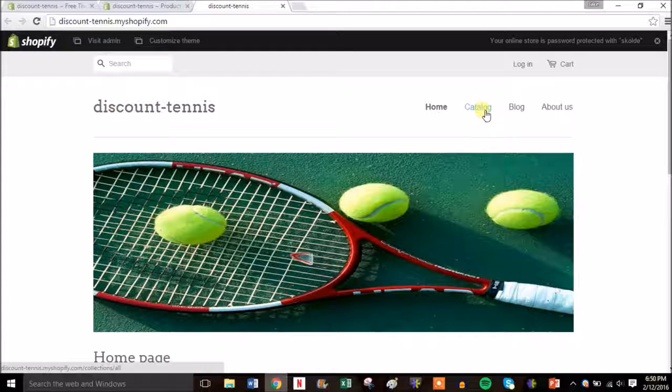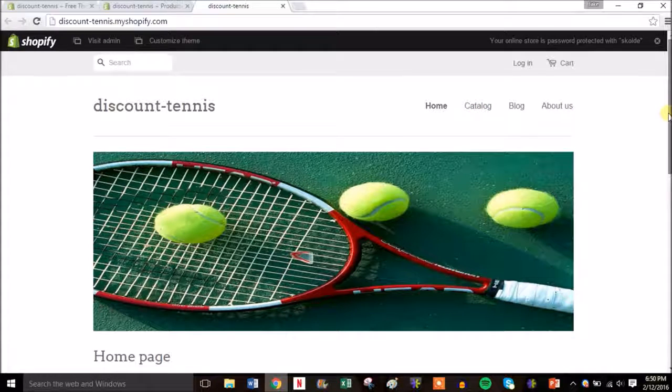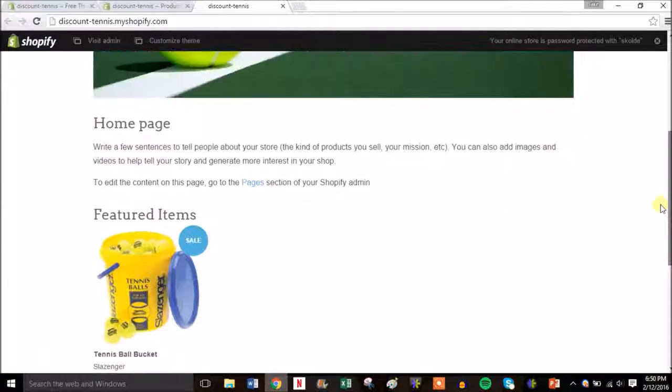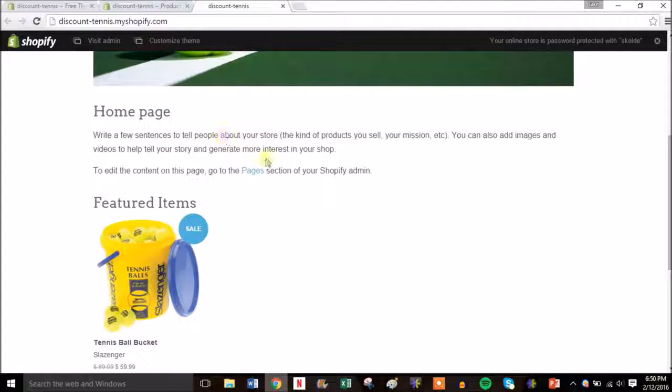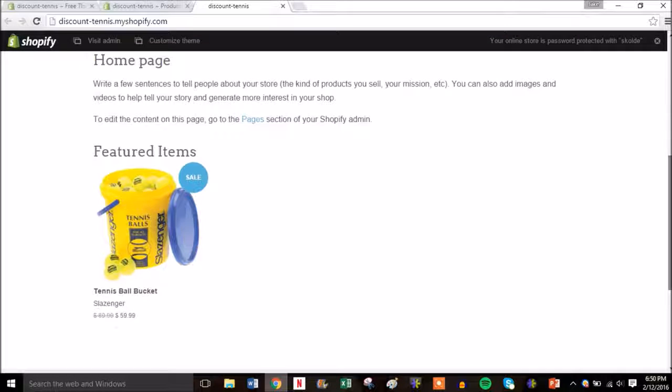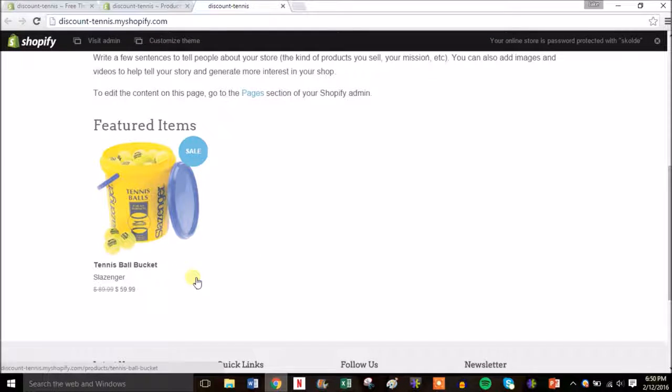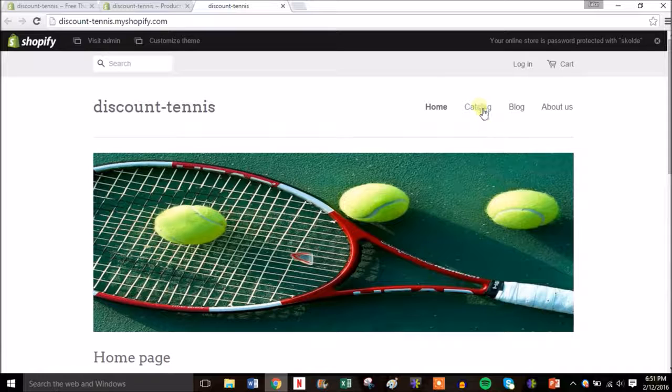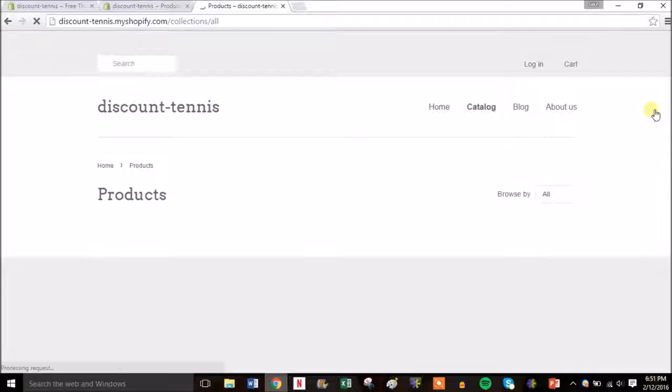So if you go to catalog, you can see on this theme it will show up on your home page here. We're still going to go back and edit all of this out. But as you can see, as I put the compare at price at $89.99 and the sell price at $59.99, that's how you create a sale. So see, it shows up, it's on sale. So you can do that even if the price you want to get is $60. You can still just put one of these just so it shows sale and stresses urgency, but that's up to you. So you go to catalog